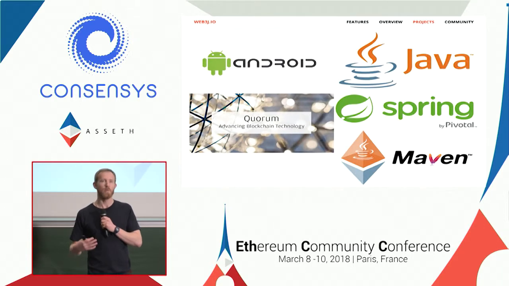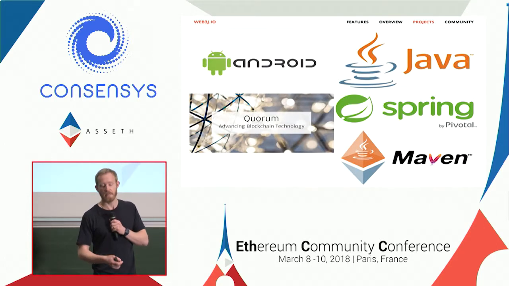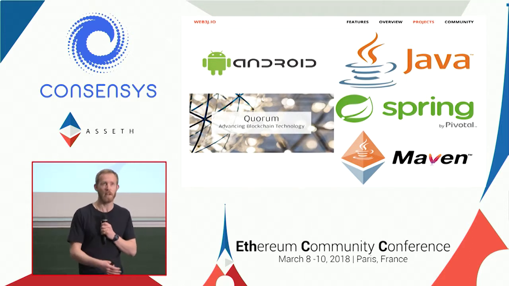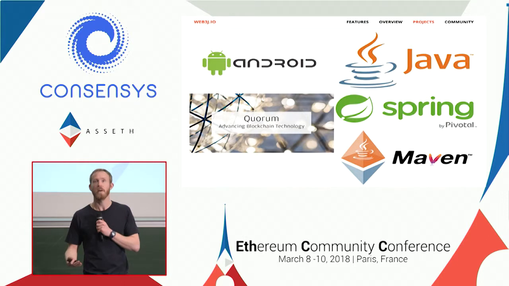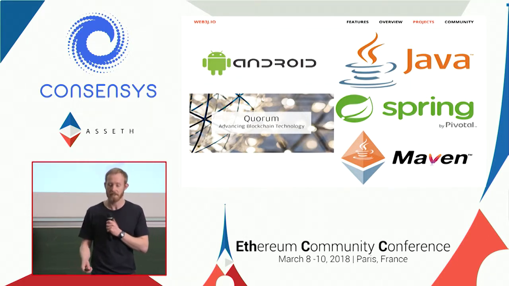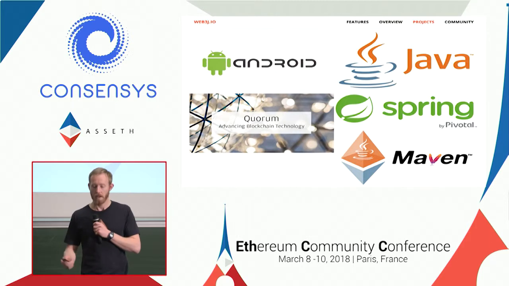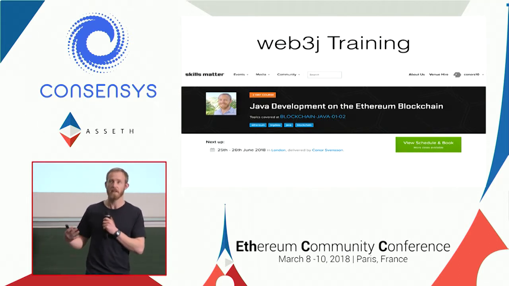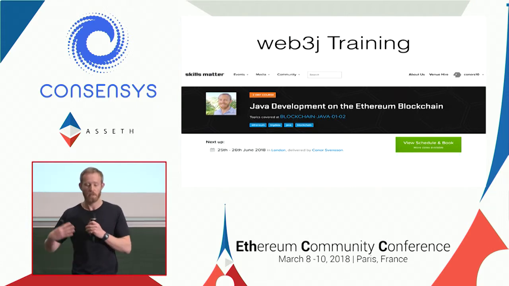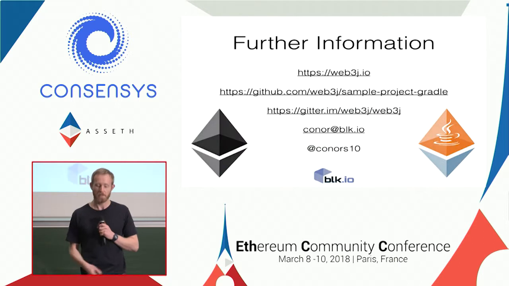And so this is what the overall web3j ecosystem looks like now. There's the Java library, but then there's also the Android library. There's a version of web3j that supports Quorum too. There's integration with Spring Boot as well, which is used very widely within enterprise and the Java space, and there's a web3j Maven plugin. And it's got to the point now where there's enough interest in the project and enough users that there's even web3j training courses, like a 2-day course that's being run later this year. I feel it's been a really steadily growing community, with a good growth of users and interest in the project. So for further information,